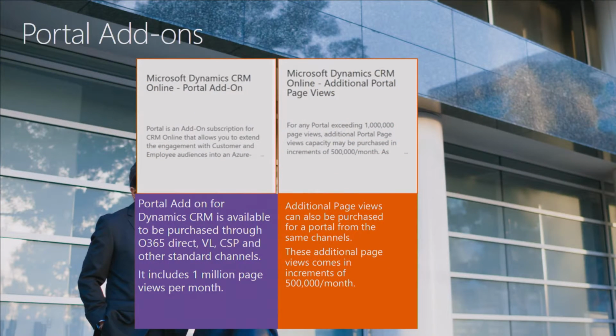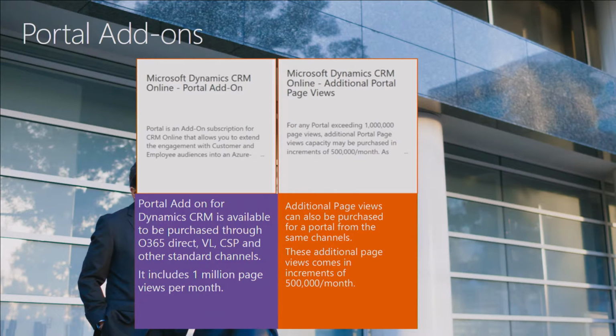So this is how we actually sell it in the market today. We have 2 add-ons, and these are add-ons to Dynamics CRM. So if you are a Dynamics CRM Online customer, because that term somehow confuses people, if you are using CRM Online today, you can go to your Office 365 purchase services, and you will see these 2 add-ons listed. One is called the Portal add-on, which is the primary one we want you to buy. This add-on will give you a portal subscription, one portal. You can have any number of customers there, it doesn't matter. It will give you 1 million page views per month.